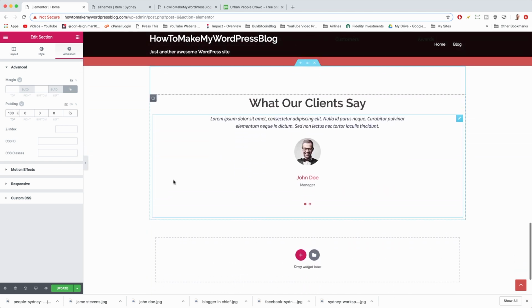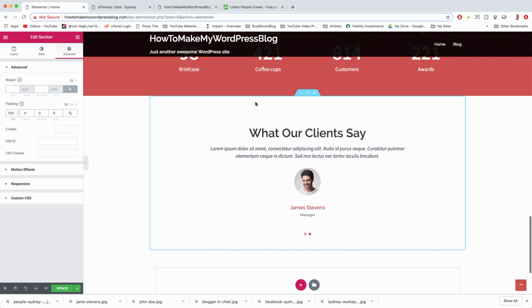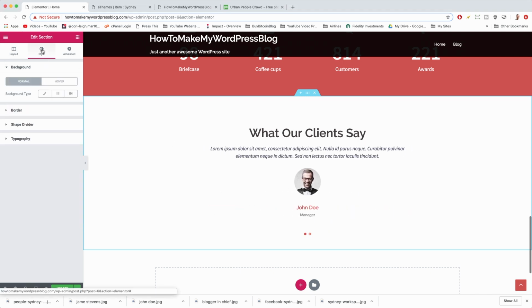Beautiful, and now we're in a lot better control of this entire section because basically this little half hexagon just moved from down here to up here, and we can control all this white space. You'll see how we can control it when we click on layout, and then we stretch the section so we can get all the borders as well on the columns, on the sides, etc. And then when we click style, we can put a background on this whole section. So style, background type,